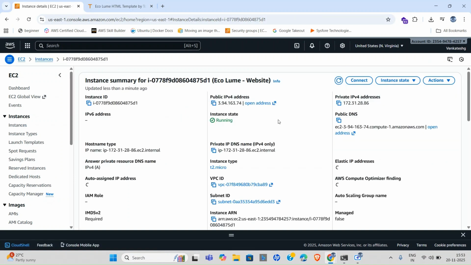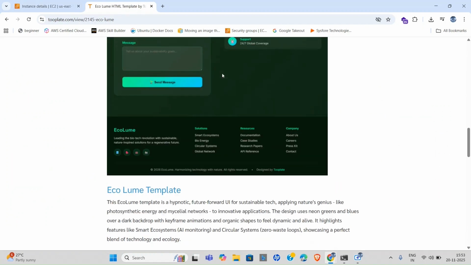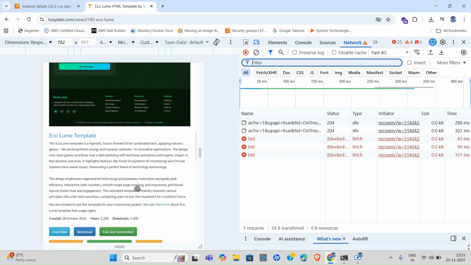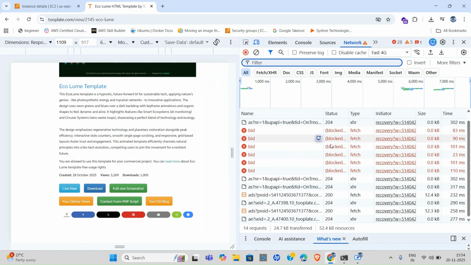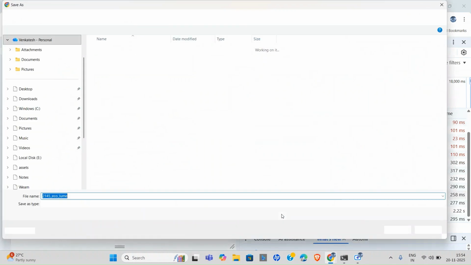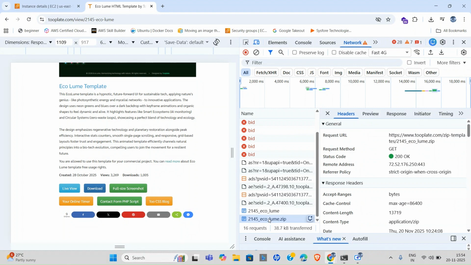Now to host a website inside that, we have to go to this column, and I'll just do one thing, Ctrl+Shift+I. What it does, it opens the network. Here you can see we have to click on the network tab and then click on download. Once you click on download, it's better to click on this request URL. This request URL is HTTPS, and you have to copy it, because we are going to use it in our